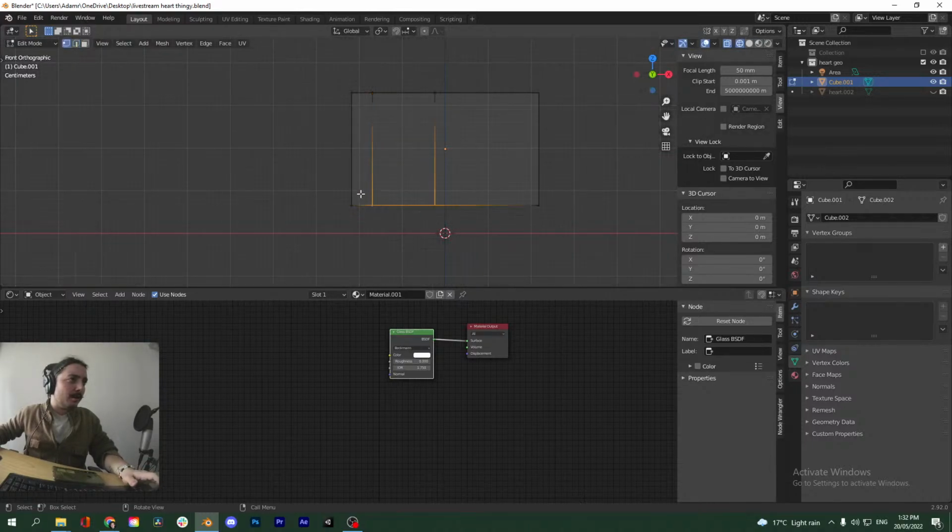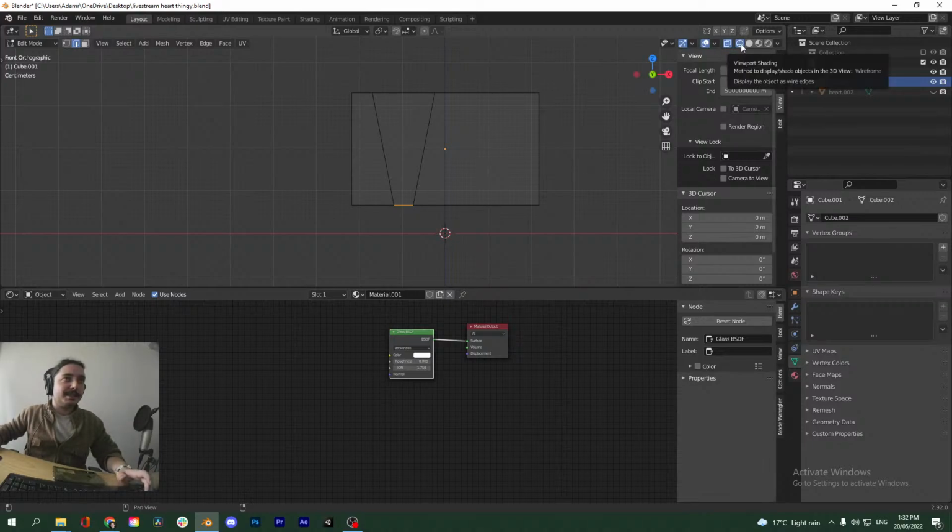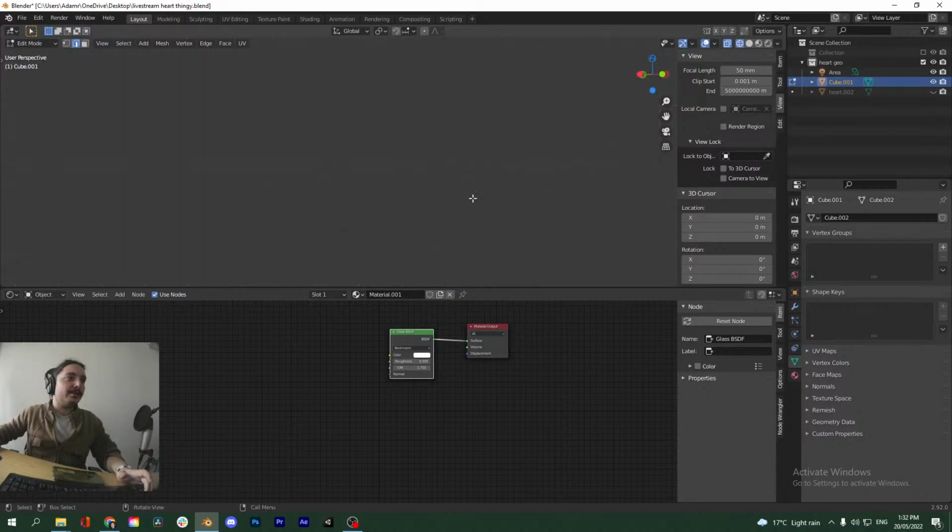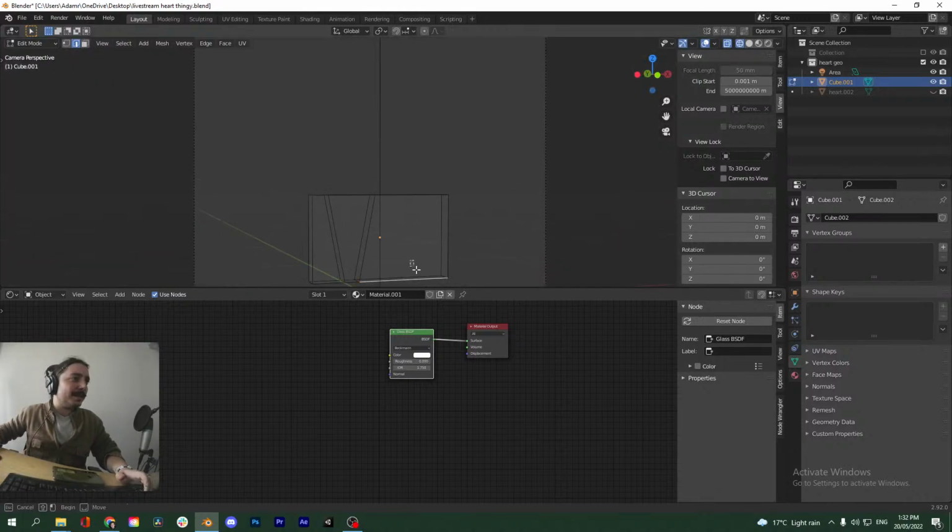tail. Sorry if I'm not saying all my shortcut keys as I go along. At some point you get so used to the shortcuts, it's muscle memory. So let's select these vertices. By the way, I used a shortcut to get into this viewport shading mode, which lets you see through the geometry. So basically when I go like that, I can select the backside as well.